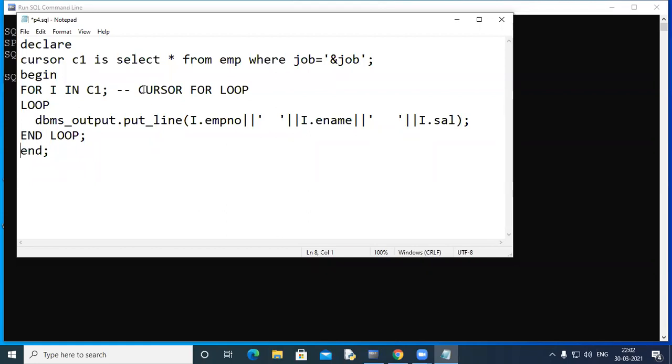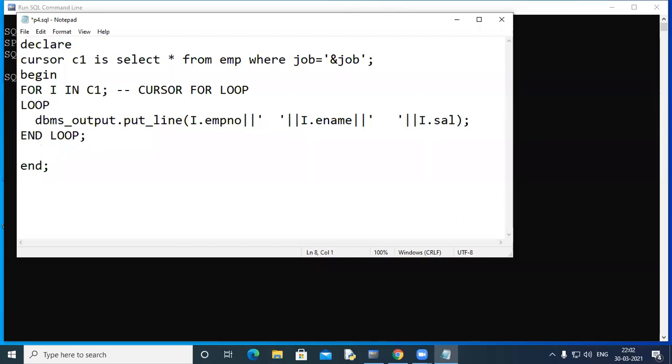See, this is the cursor for loop now. Have a good look at it. So when you declare a cursor, fine, you've declared a cursor. This for takes care of all the three operations that you do separately: opening, fetching, closing. This does it automatically. So for I in C1 means I is an index variable which is connected to C1, and it is a row type variable. Whatever columns are here can be accessed by I. And once you exit this for loop, the cursor is closed.